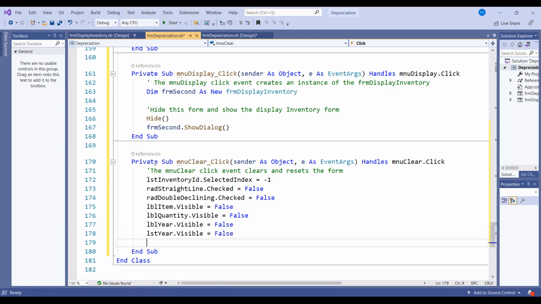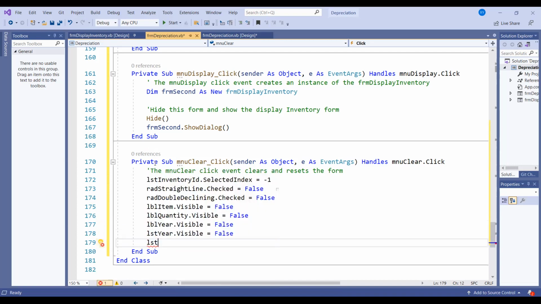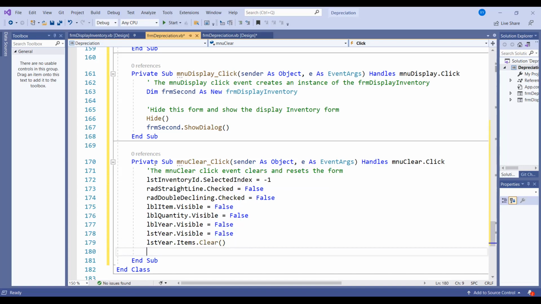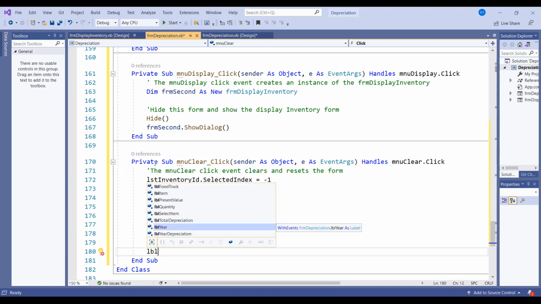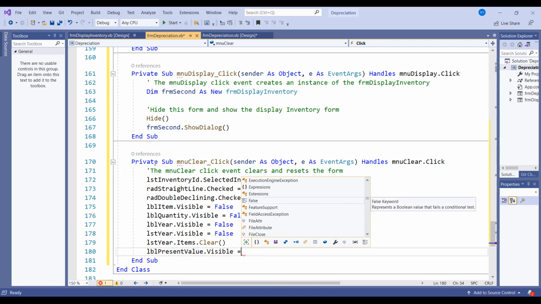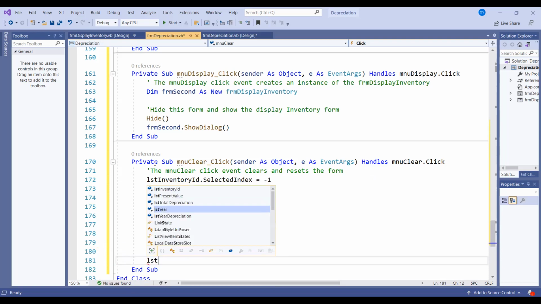The LBL list year equal to false. Then we have a list year item. The list we're gonna clear it out. So list year dot items dot clear. Next one is LBL. So I'm gonna finish up this one. LBL present value dot visible equal to false. And we have list present year